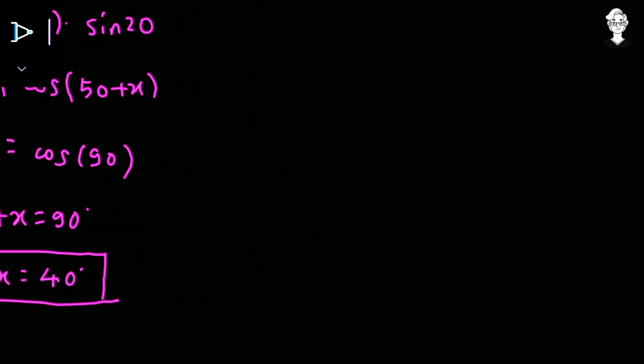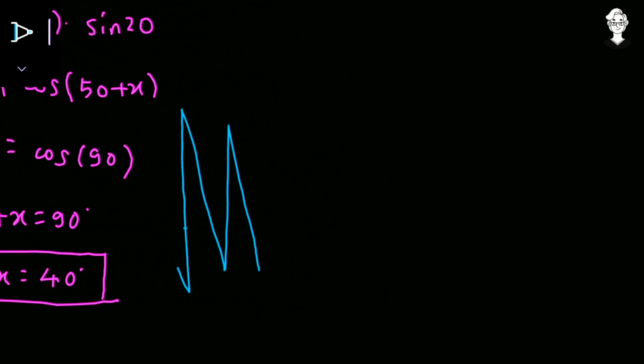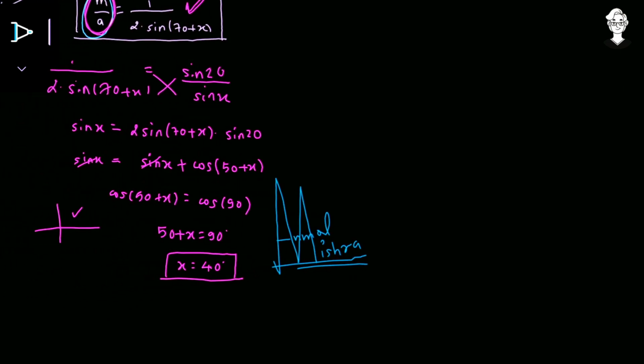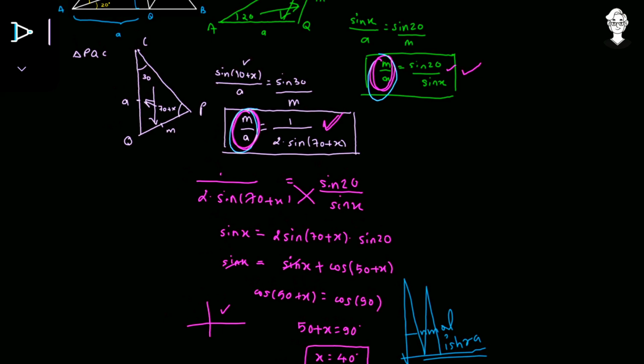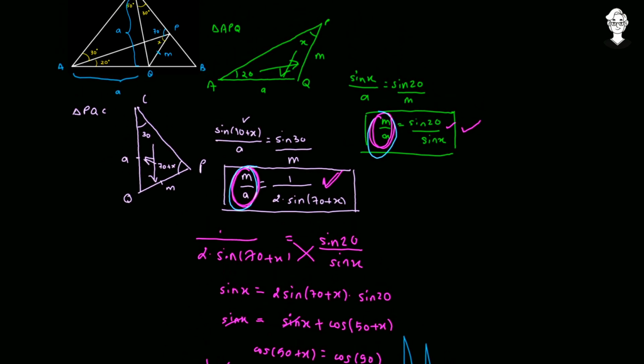There's another way where you can extend some beautiful lines smartly and solve it. But if you just use angle sum properties and vertically opposite or exterior angles, it is not going to be solved. So this was my method to solve this particular question, the sine rule, or we can say trigonometry.